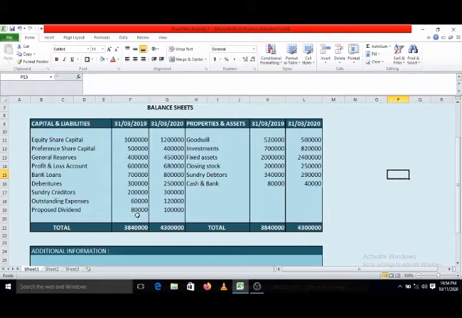This provision was made last year, means during the year ended 31st March 2019 this provision was made. Suppose if we assume that annual general meeting takes place on the last day of the prescribed time, so that is the 30th September. So on 30th September the annual general meeting must have taken place. Shareholders must have given their consent, and then it would have become liability, and immediately company had paid this liability. Means this 80,000 amount of dividend, final dividend has been paid in the current year, that is 1920. So we assume that this 80,000 has been paid during the current year.